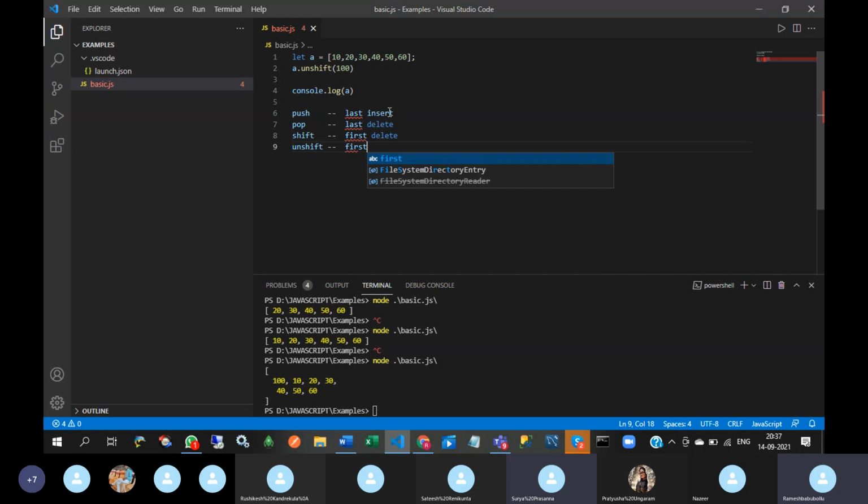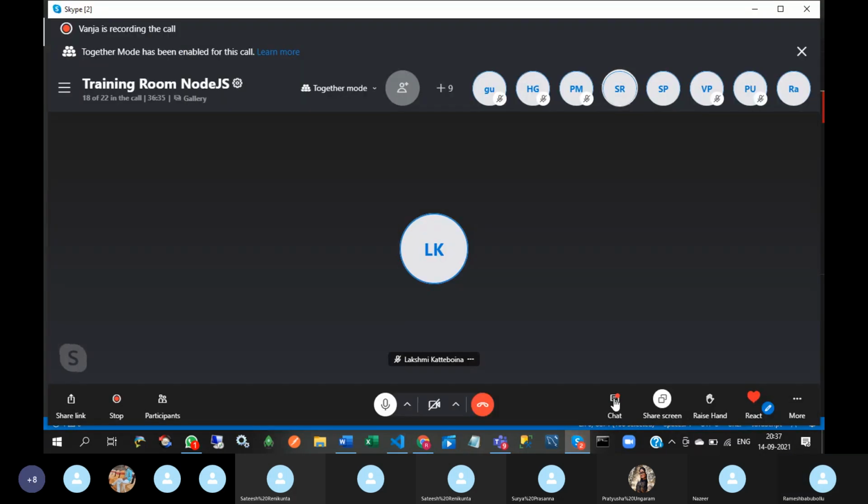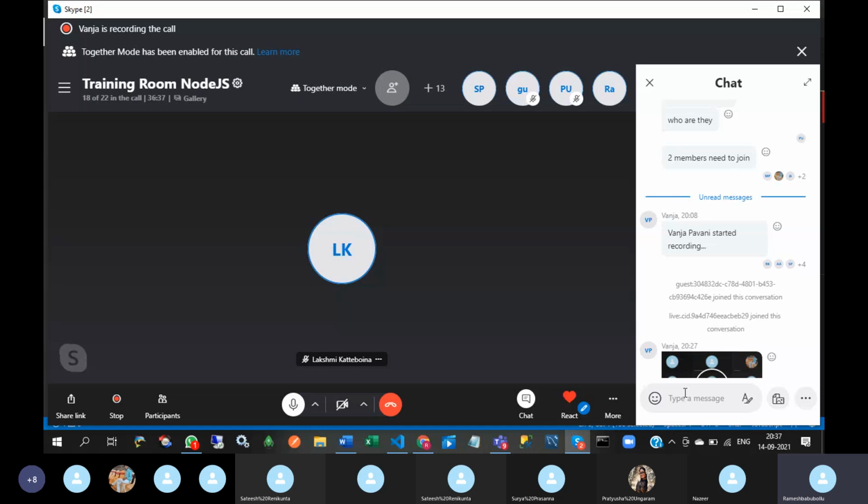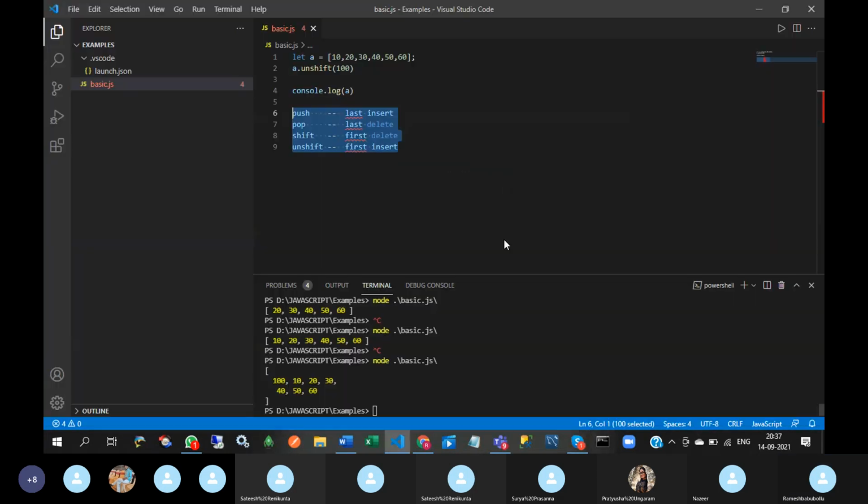Add. First insert. See this. You observe this quite often.